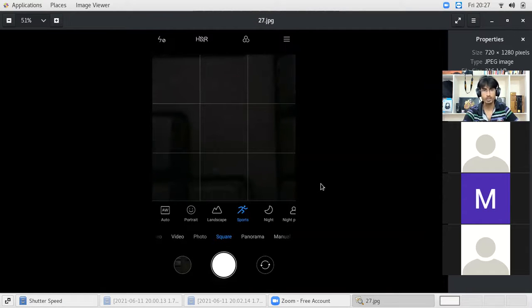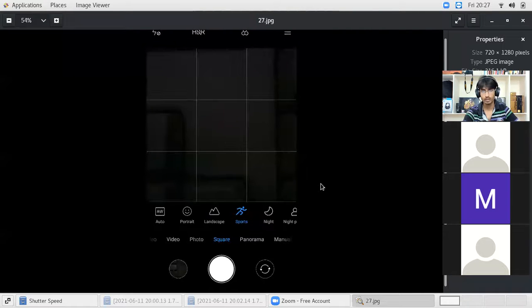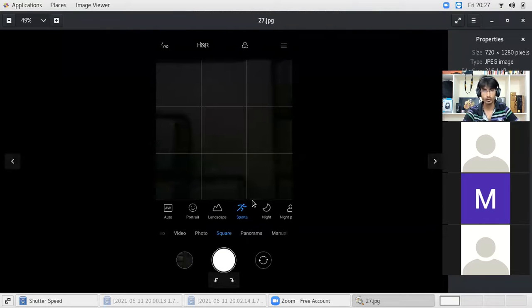If you don't have access to a camera and you are shooting only with your mobile, every mobile will have something called sports mode. If you select sports mode, the mobile will try to give you the fastest possible shutter speed for the particular frame. Like if a bike is moving, it will select the shutter speed accordingly. If you are trying to capture a bird, it will try to give you a faster shutter speed than earlier. So depending upon the situation, you can use this sports mode, and you get a better result than the auto mode.